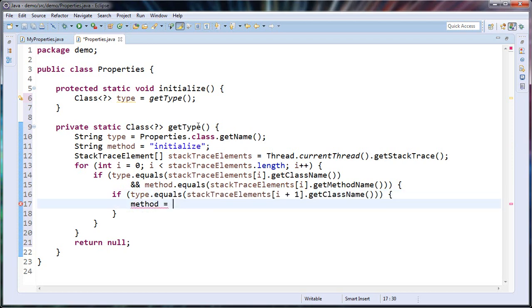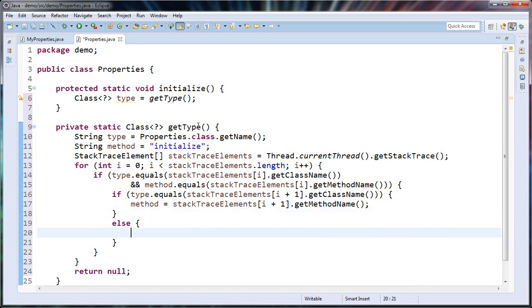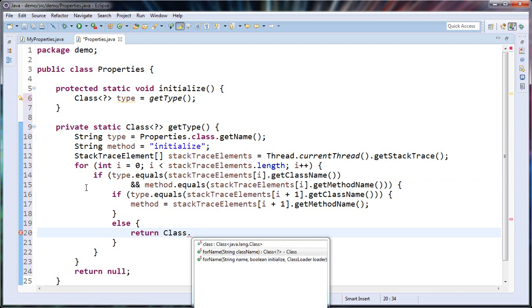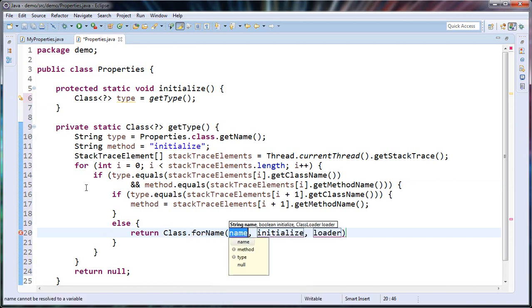So the next element, I will get the method name from the element. Otherwise, if the method that invoked my current initialized method, that's currently on the stack, is outside the class, I don't have to go further with the search. I will just ask Class.forName, given the name of the next element in the stack trace,